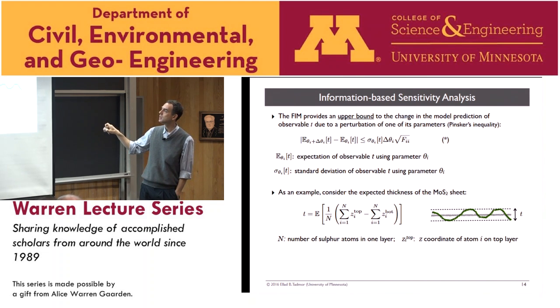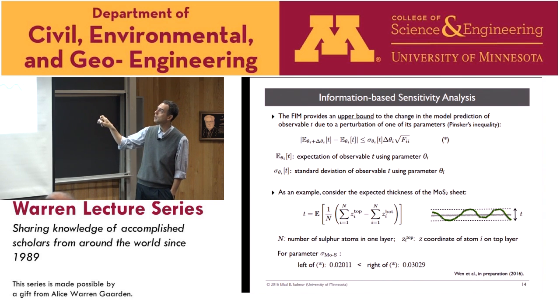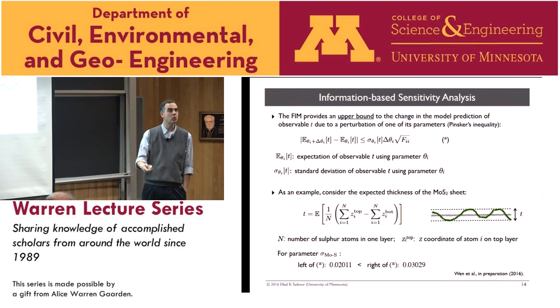It's the difference between the atoms on the top of the sheet minus the atoms on the bottom of the sheet. And then we see whether this is a good bound, and it turns out to be a very good bound. So when we compute the left-hand side from a molecular dynamics simulation, we find this number, and so that's the change in the thickness. And on the right is what we predict will be the change in the thickness, and you see it's right there. So it provides you a bound.